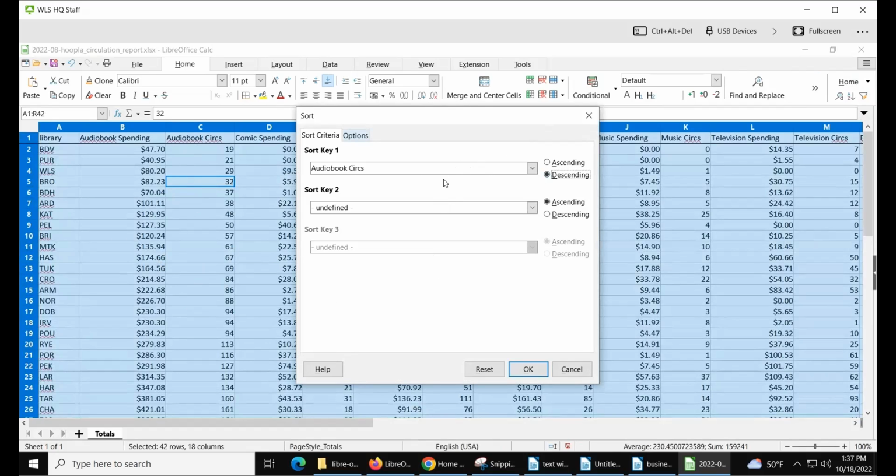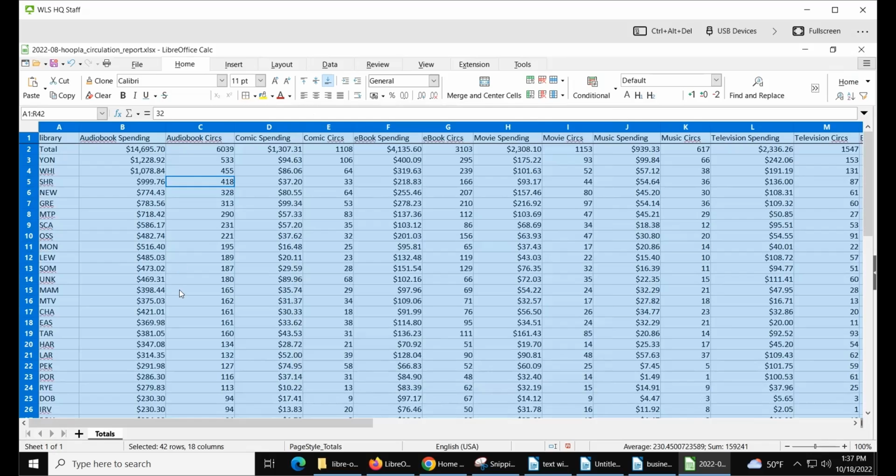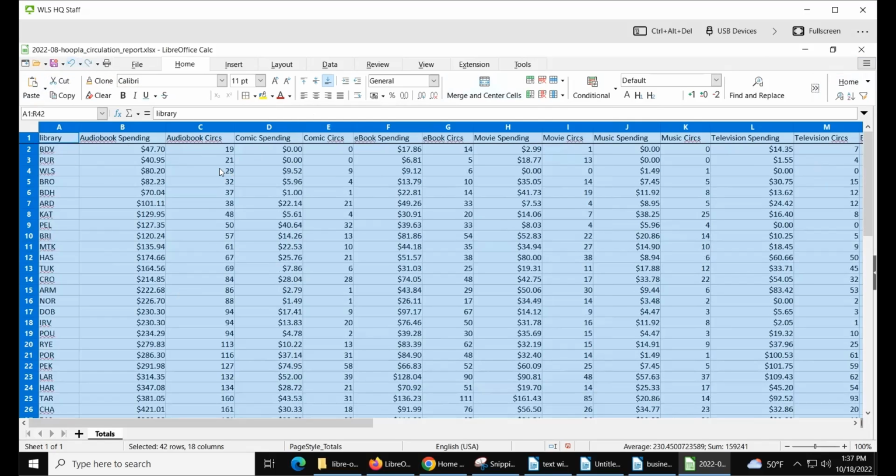So you don't have to worry about that. And if I choose here, I can sort by descending order for my audiobook search, and I click OK. And now I've got that option all set up. I'm going to undo that because I want to show you something else. So I have this in descending order, and all of these,